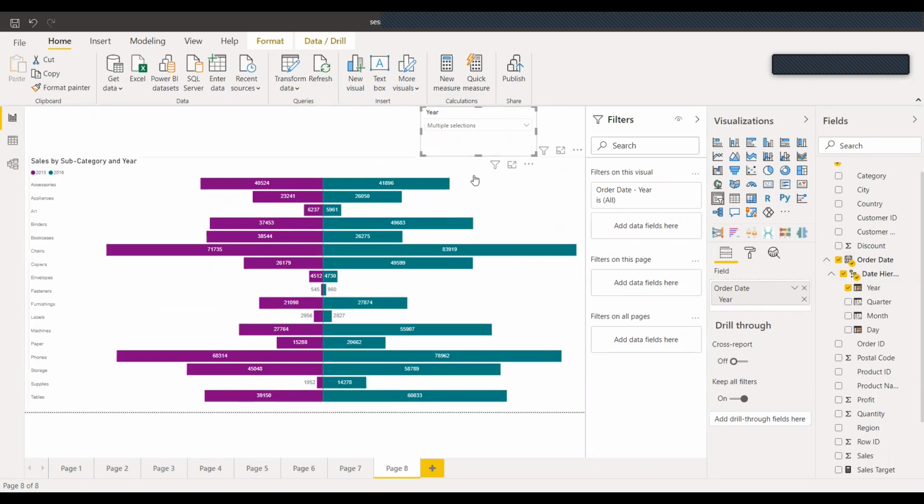And this graph basically gives you the sales for each subcategory in the selected year. So 2015, 16, it will help you to compare the sales in each subcategory in 2015 compared to 2016. So any questions on this?